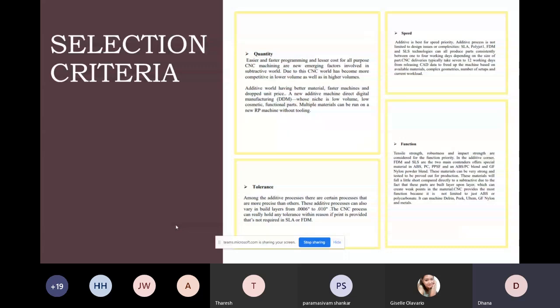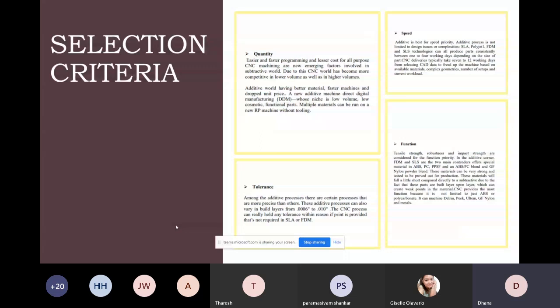And tolerances. For example, if you have an assembly, you want tolerance between each part to make it fit. You will have tolerance constraints in the CNC process, whereas in additive manufacturing, the tolerance is easily adjusted with the machine itself. Even in the design file, we give a limited tolerance value, but compared to subtractive manufacturing, the additive process has less tolerance difficulty. So considering tolerance, additive manufacturing wins.